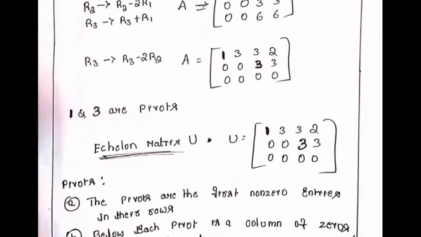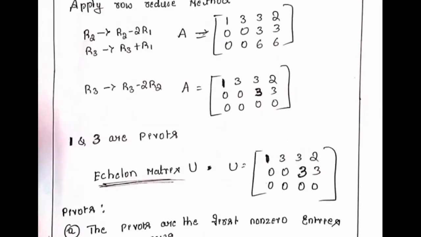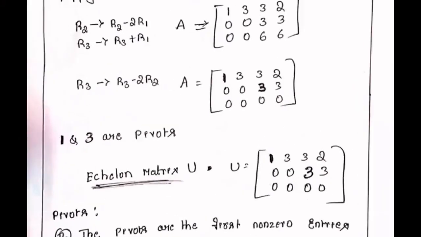So now this form is nothing but row reduced form. Row echelon form is nothing but, you have to make possible all the values, how many rows possible, how many elements of the rows you can make it as 0, that many elements you have to make it as 0.